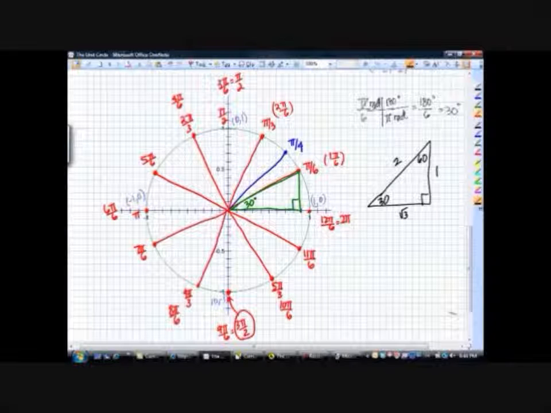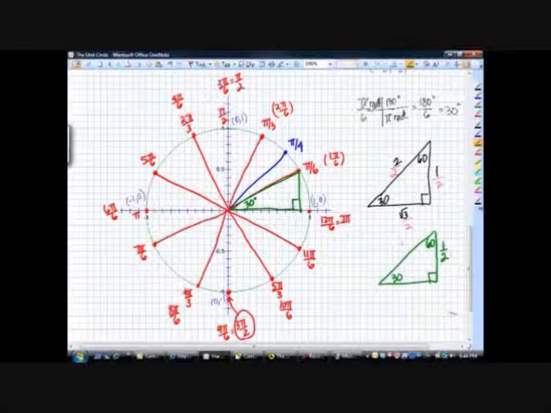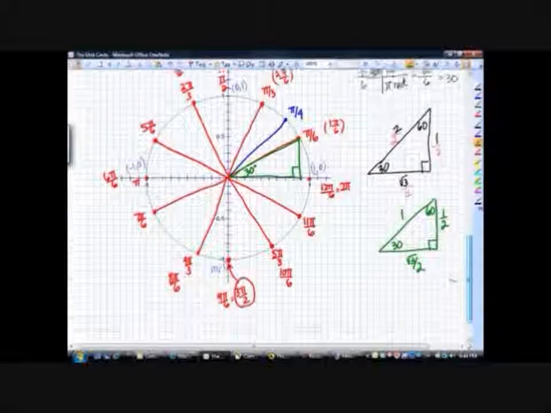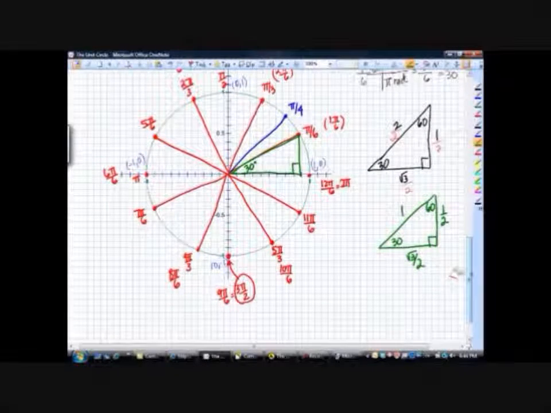So, with that being said, we have to divide everything by 2 in this case to get the hypotenuse to be 1. So when we divide everything by 2, if we redraw our special triangle here, the special triangle that we are going to use with trigonometry is going to be 1/2, root 3 over 2, and 1. So with that being said, let's try to